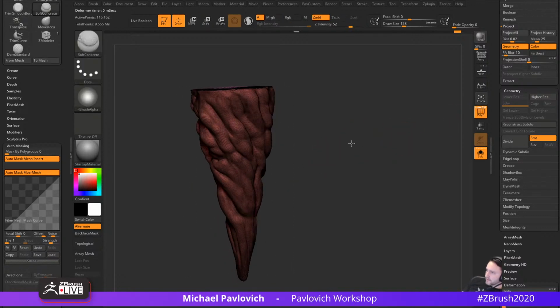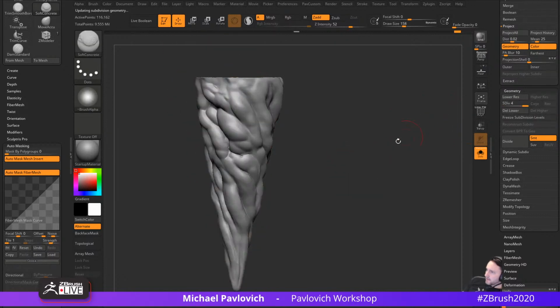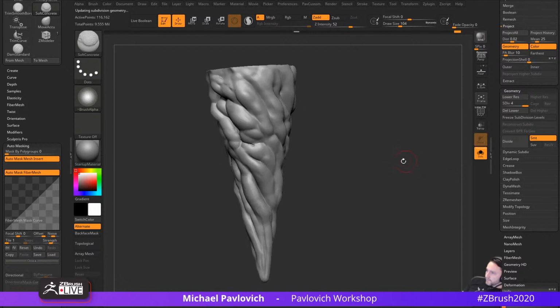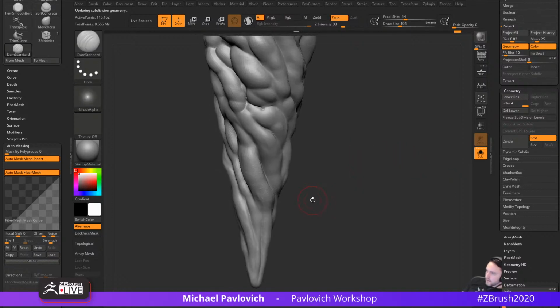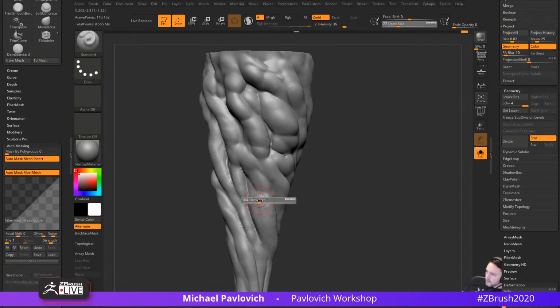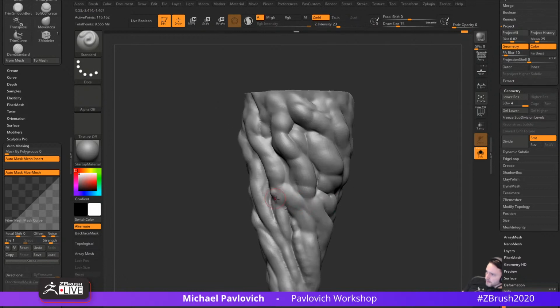Doesn't ruin anything. It's just your geometry. Then you can go back into reconstruct. So we just basically twisted that overall geometry to get a little bit more of a flow down it. And then let's go back in with our standard brush here. Turn off our lazy mouse. Turn down our Z intensity. And I'm just going to add a little bit of